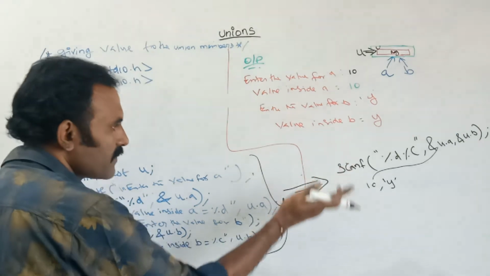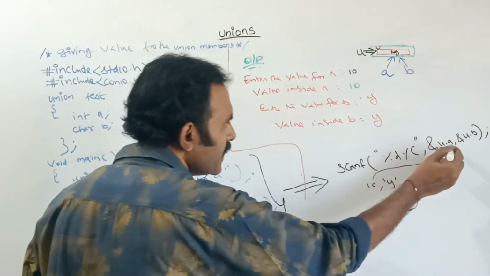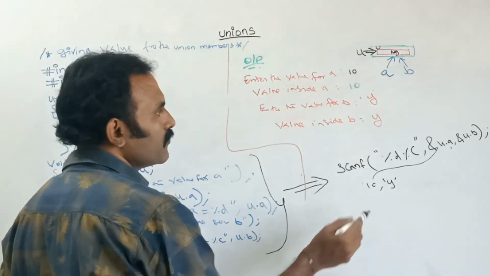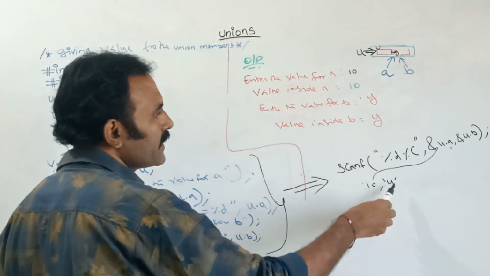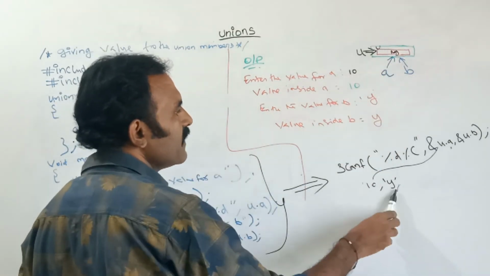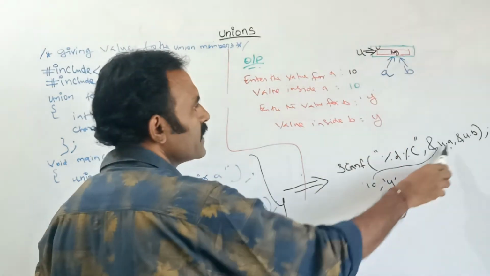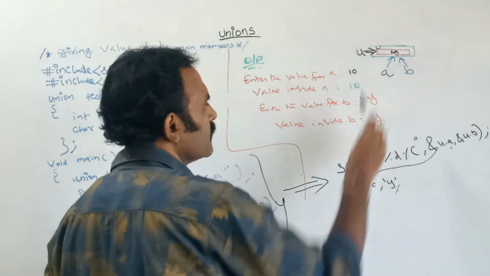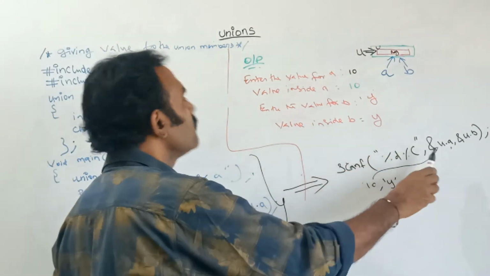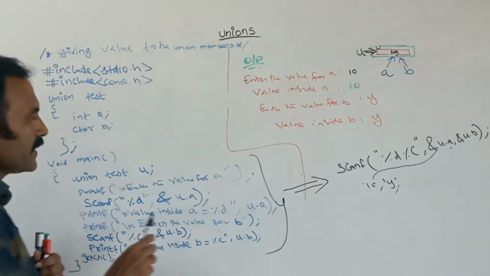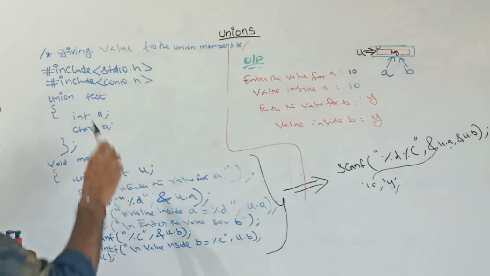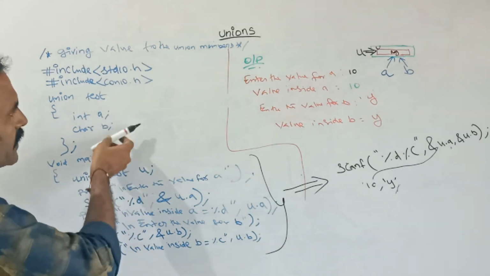So next if I am telling to print the value of A, the value which you had given, 10, will not print, because next to 10 I had given the Y, as it is the same memory. Finally whatever value you had given, that will be there, so A will not print the value 10. So at a time we should not give more than one value for the union. We should give only one value for the union. So in this way we should give the values for the union members.